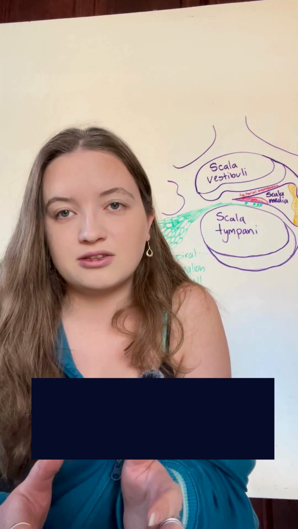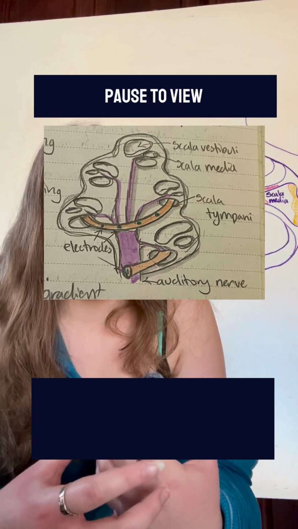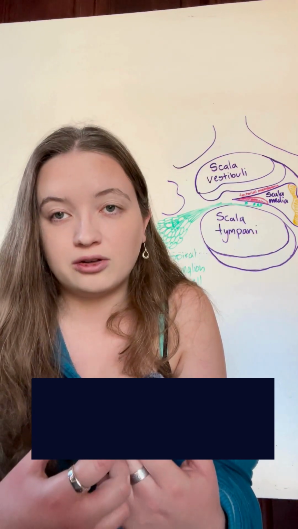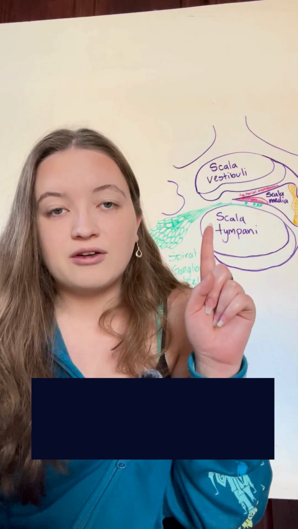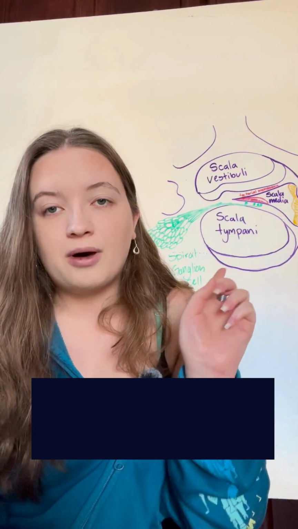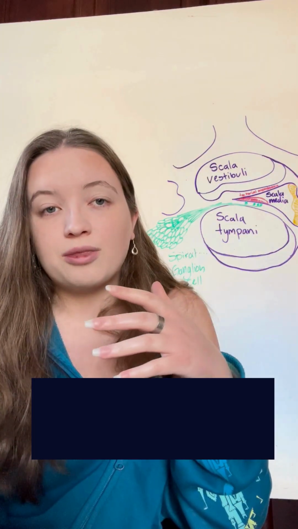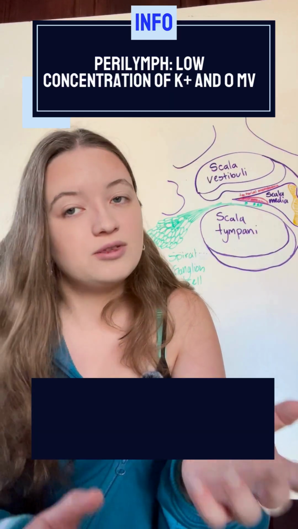for auditory sensory transduction. In the cochlea, we have this spiral-like structure called the cochlear partition, which has 3 fluid-filled channels. This is represented by this drawing here. In this top section, we have the scala vestibuli, and the bottom section is called the scala tympani. Both of these sections are filled with perilymph, which has a very low potassium concentration and comes in at about